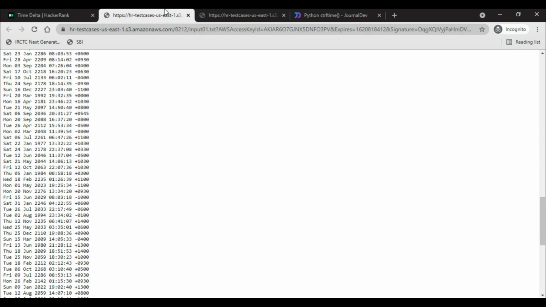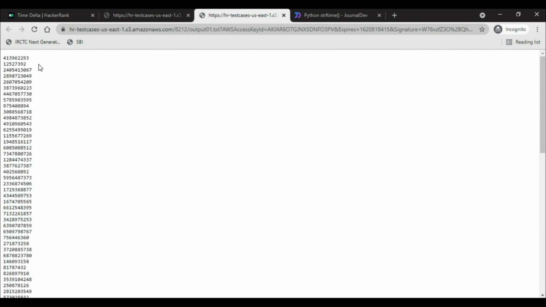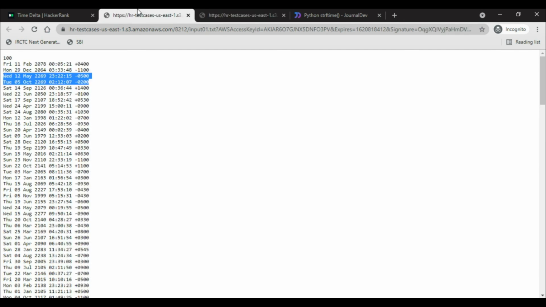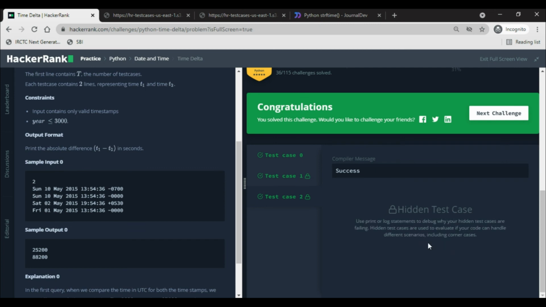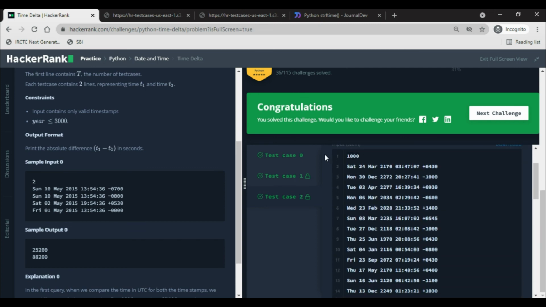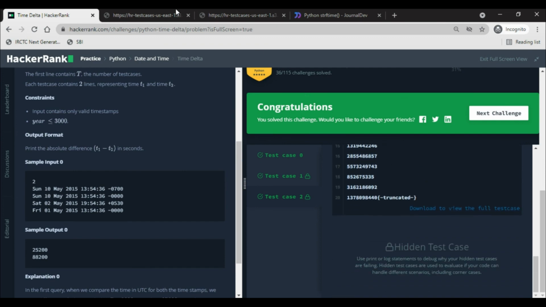Okay, so that is for one test case, it will be like this. These two lines, all two lines will be one test case, and the output will be for the first test case this, second test case this. So you really have to make the code in such a fashion that it will not consume a lot of time and memory. Let's check out the second test case. Here you can see 1000 they have given. Okay, same thing but 1000. So memory and time complexity are very, very important.